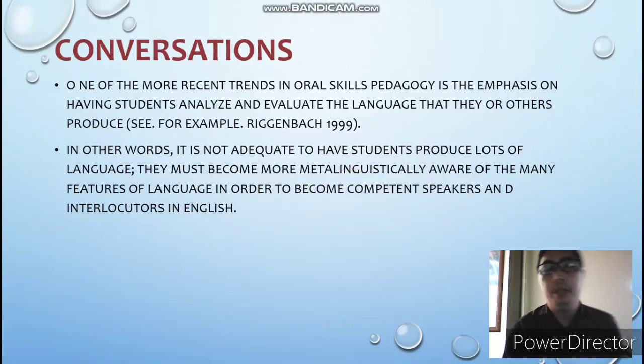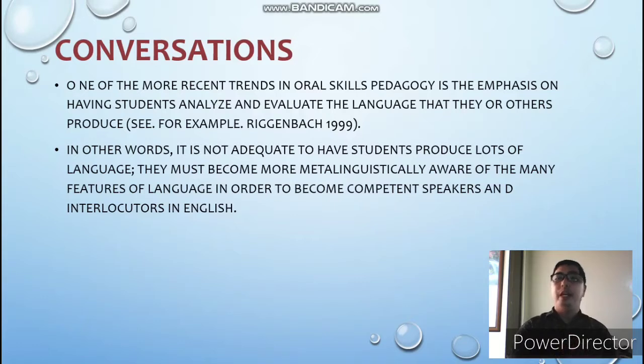Let's continue with the other activities which you can provide your students so that they will be able to develop their speaking skills. The next one is conversations. One of the more recent trends in oral skills pedagogy is the emphasis on having students analyze and evaluate the language that they or others produce. So in this particular activity, they will be able to evaluate, they will be able to discover how they really speak, the errors which they commit when they are speaking, and also how others deliver or produce